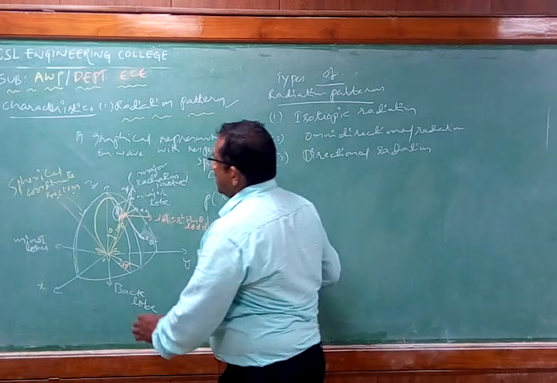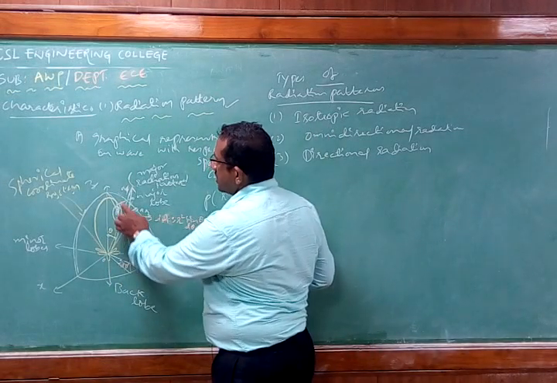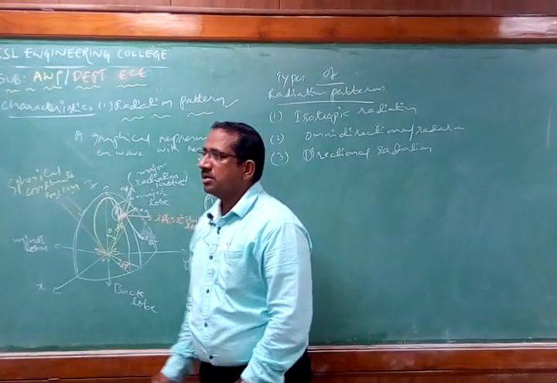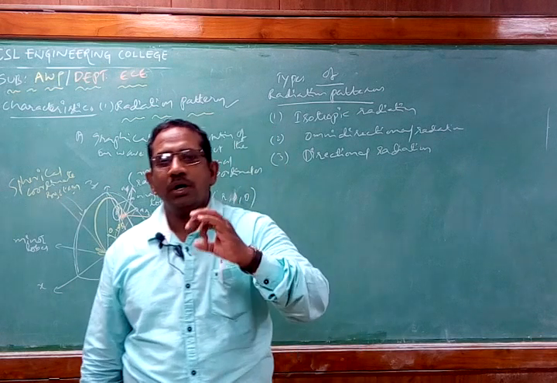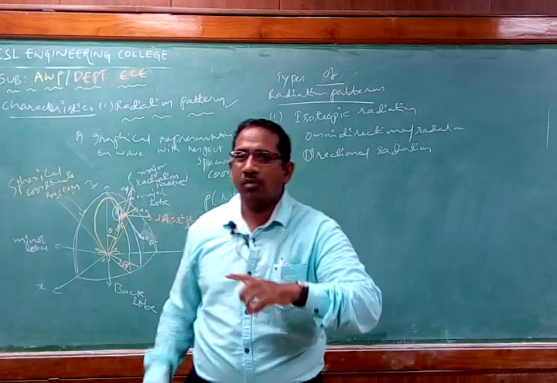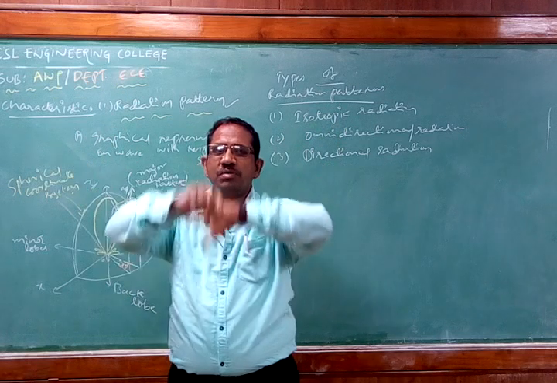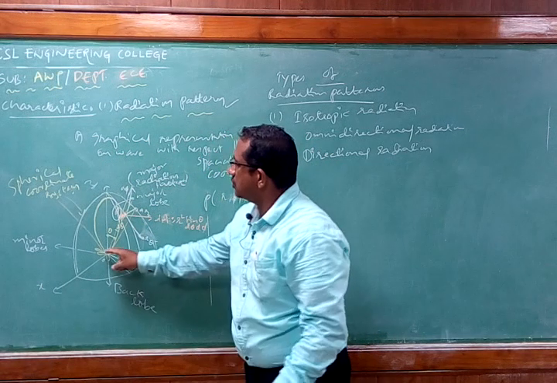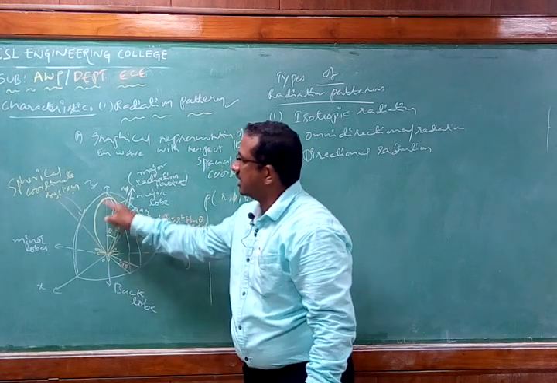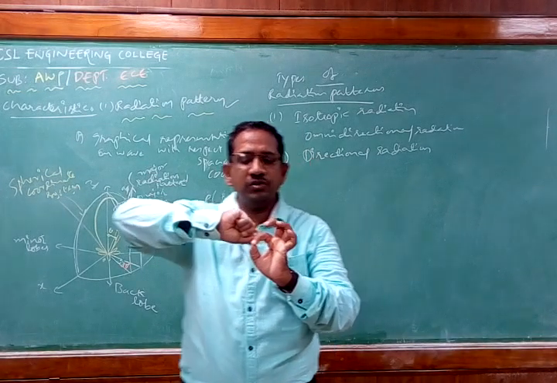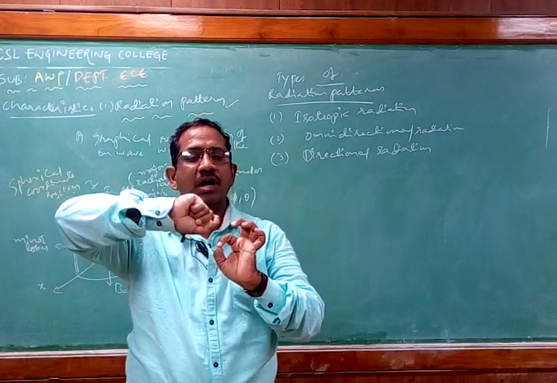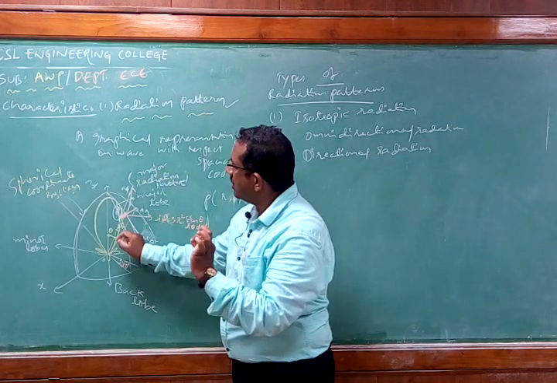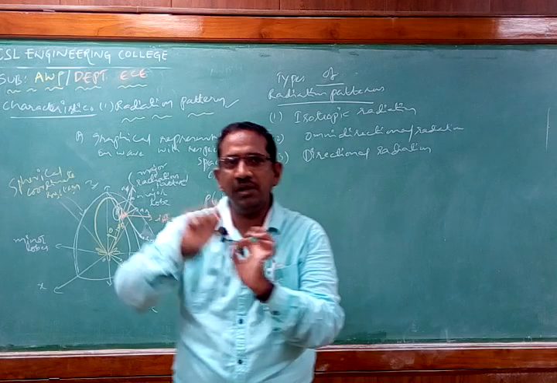Now imagine that this particular antenna is going to radiate energy in this particular radiation pattern. Now this pattern is similar to something like a balloon. That means once you pour some air in the balloon, what is the shape of the balloon which will be coming out while you are pumping the air into the balloon? The balloon is going to enlarge its size like this. So the signal is going to travel like how a balloon gets expanded when you fill air into the balloon. Exactly similar to that, the wave is going to get propagated in a similar fashion.